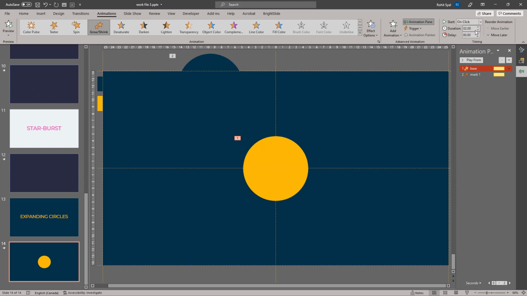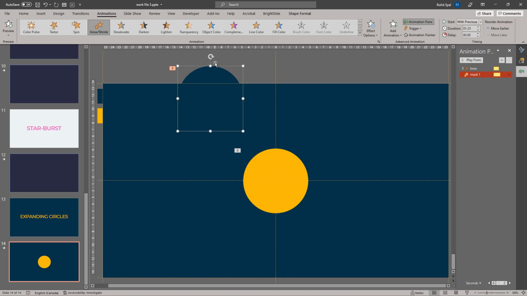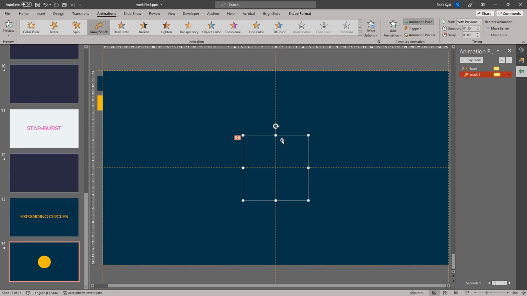In the base animation, let's decrease the duration to say 1 second, and for the mask, let's decrease it to about 1.25. And of course, let's set them both to play with previous and then cover the base with the mask.